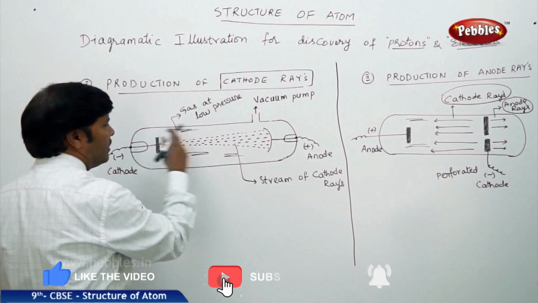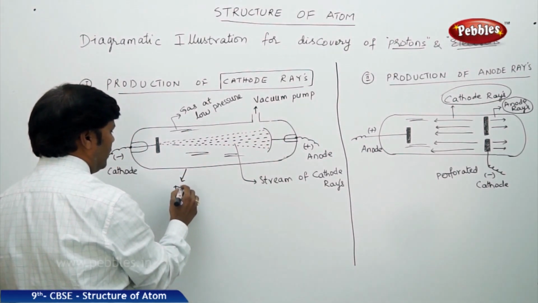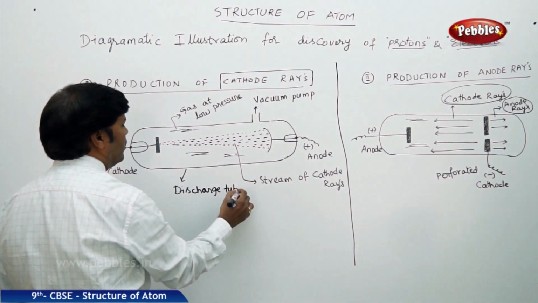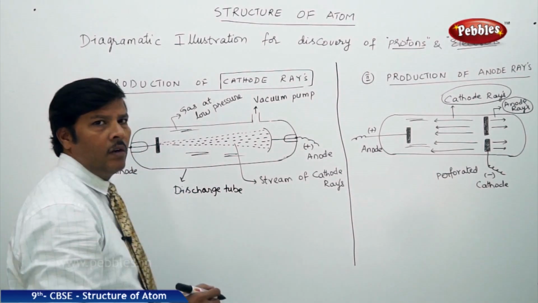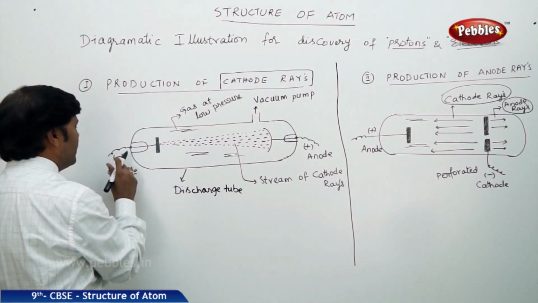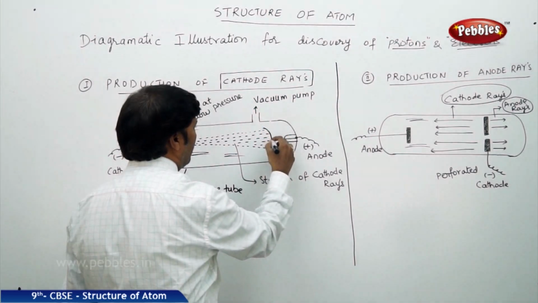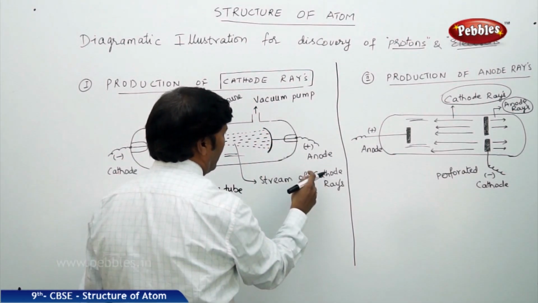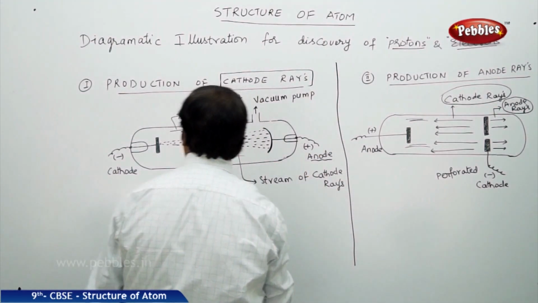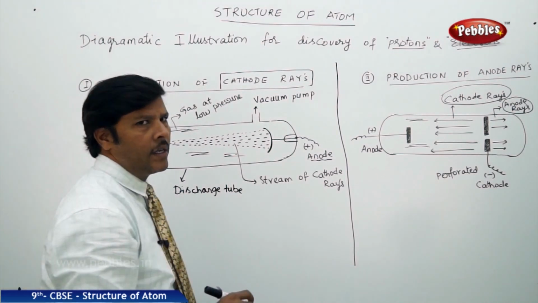What is happening here is, this is the discharge tube. It is made up of a long cylindrical glass tube. One end of the discharge tube is equipped with the cathode electrode. You can see this is the cathode electrode and this is the conducting wire, and this is the concave surface of the anode electrode, which is given by the positive sign convention, and the negative sign is given for the cathode.